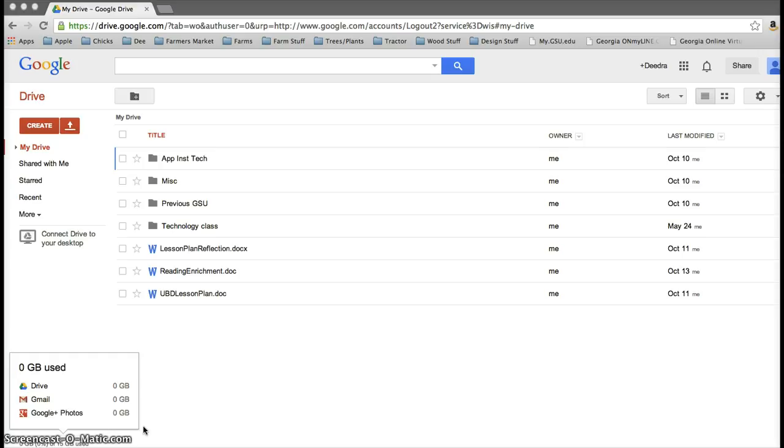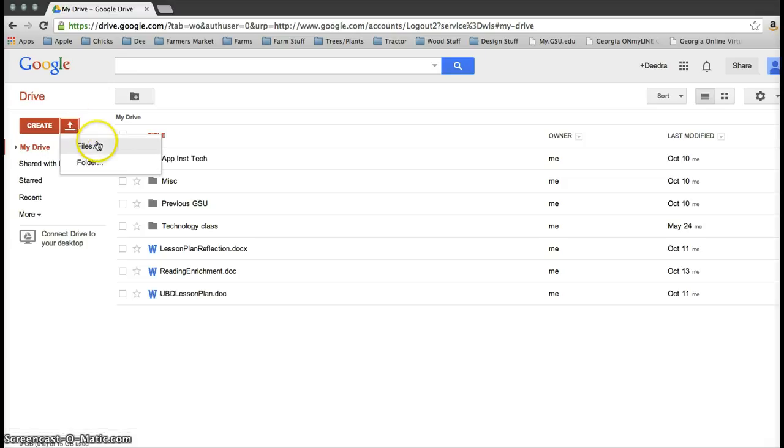Google applications. I just signed into my Google Drive and then I pulled up everything. I wanted to show you really quick how you can upload a file. You get this little button. If you hover over it, it'll normally say upload, but it looks like an up arrow. When you click on it,